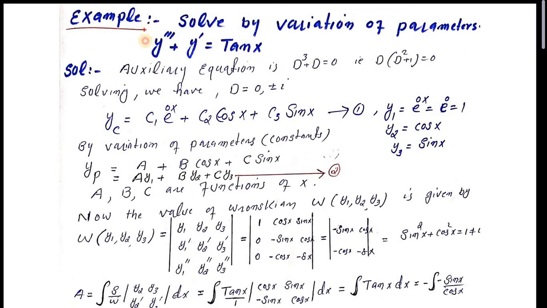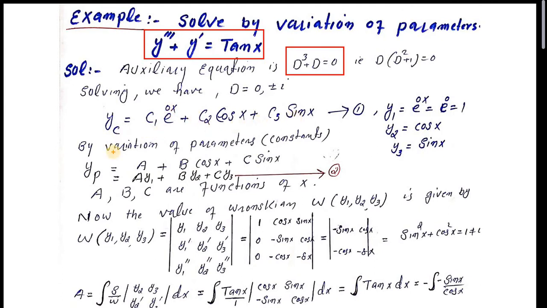Students, here we have a third order differential equation. For this differential equation, this cubic equation is the auxiliary equation. Now solving it, we get D(D² + 1) = 0, which gives D = 0 or D = ±i. Here we have three roots, so the complementary function yc = c1 e^(0x) + c2 cos